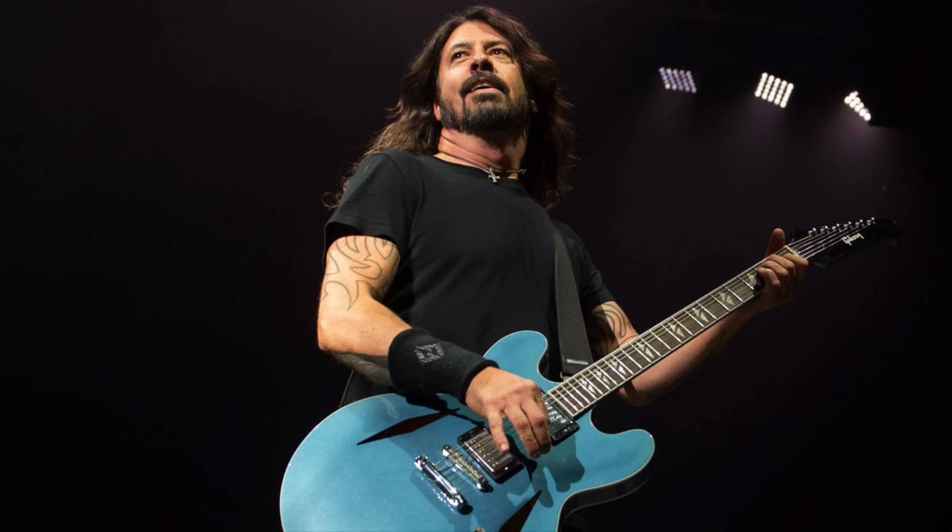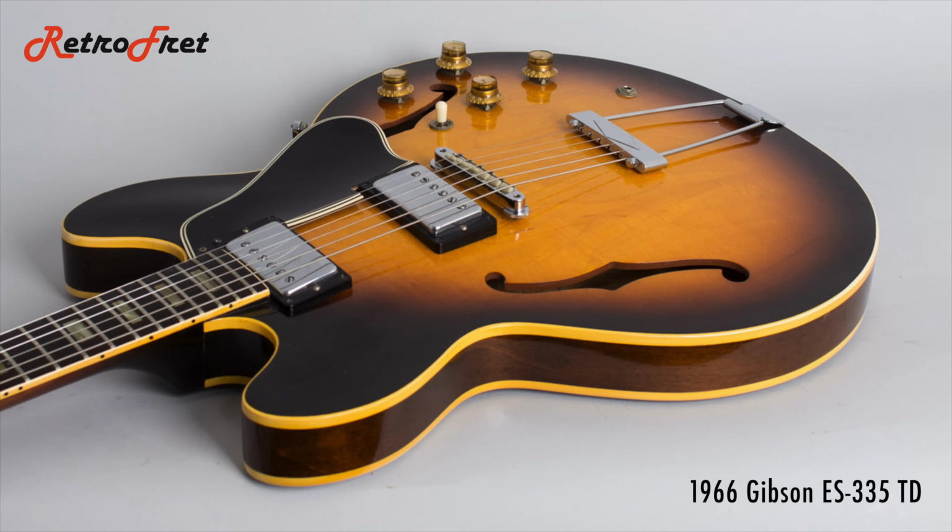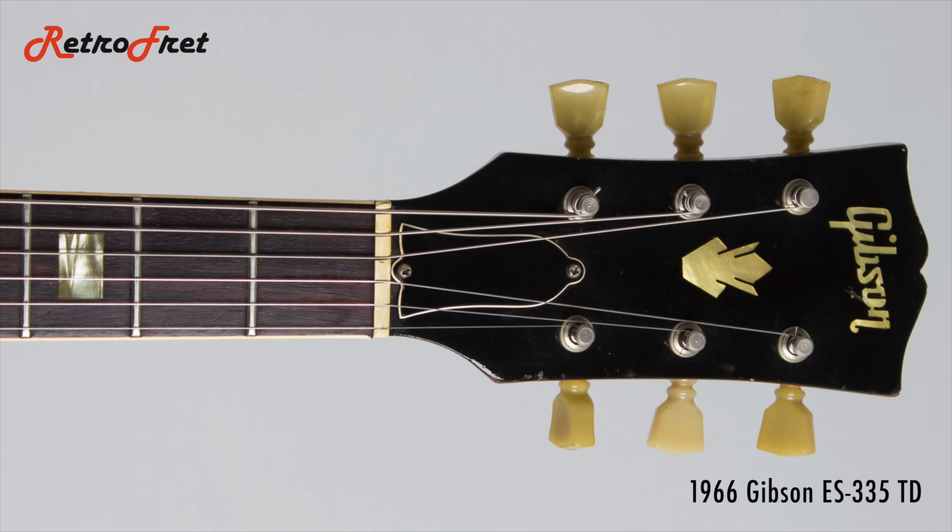This is probably most notable now because Dave Grohl embraced this style for his own semi-solid guitars with the Foo Fighters. By 66, a couple of things had changed. The metal parts went from being nickel-plated to chrome-plated. But most substantially, the neck width at the nut changed from 1 11/16 to 1 9/16. Though this might not sound like much, it made a big difference in feel, and it stayed that way into